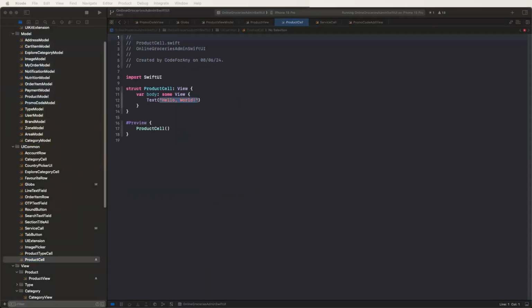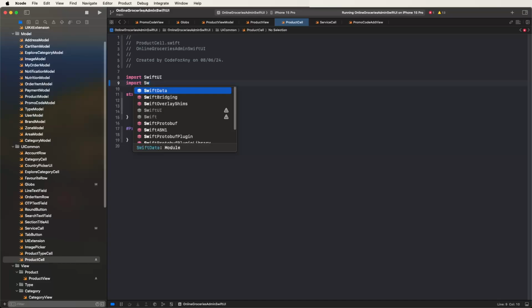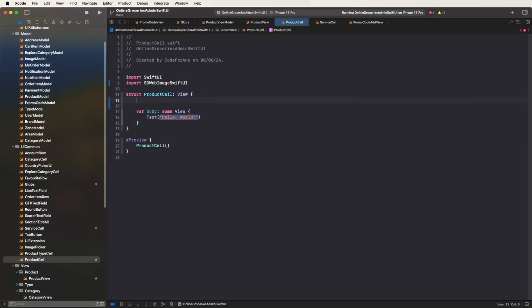Creating here, set the imports: SwiftUI, SDWebImageSwiftUI. We need to set this for the UI, and also need to set the state models,